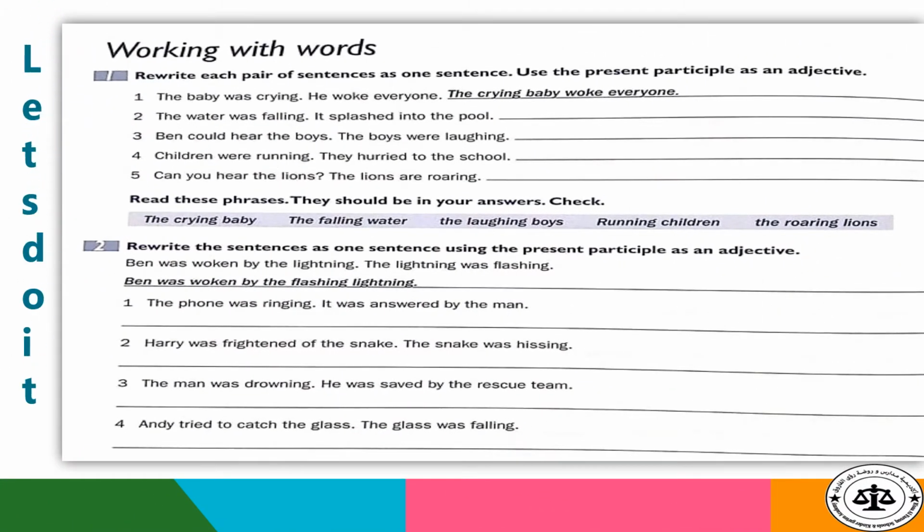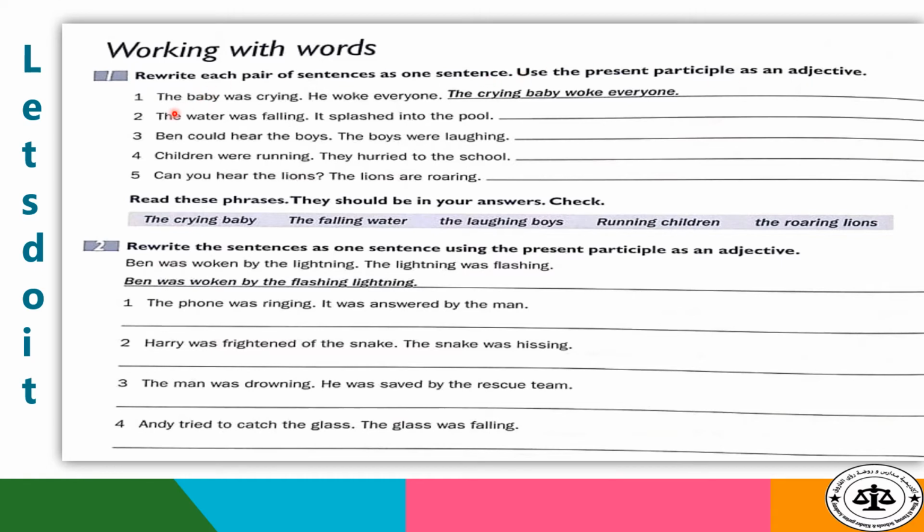Now, do you remember? How can we rewrite the sentences by using the present participle as an adjective? Open your workbook page 14 and be ready to answer these questions. Question number 1. Rewrite each pair of sentences as one sentence. Use the present participle as an adjective. We said